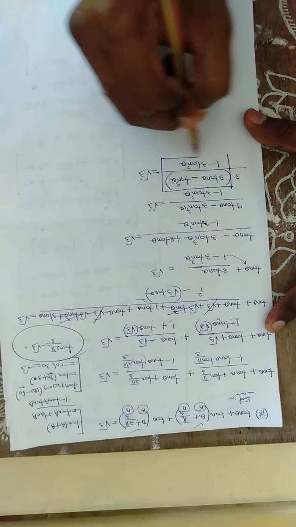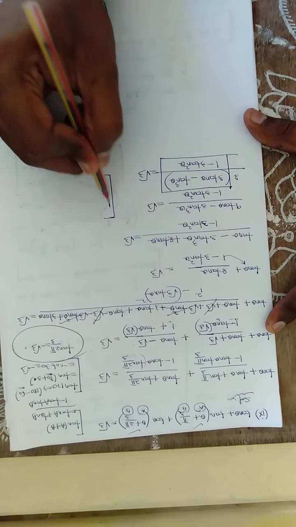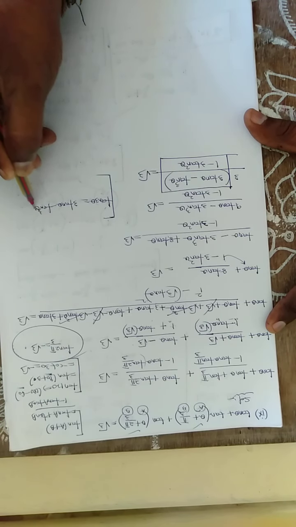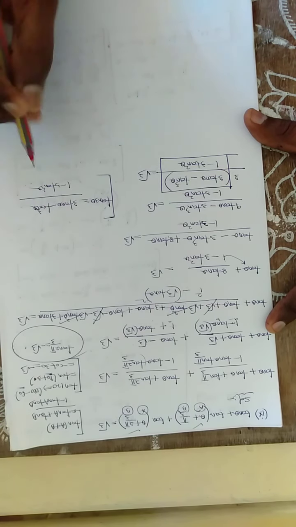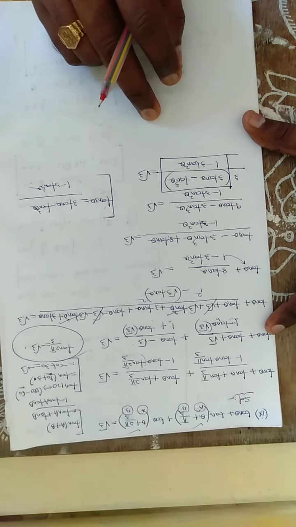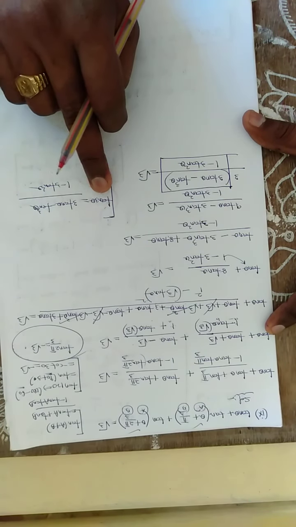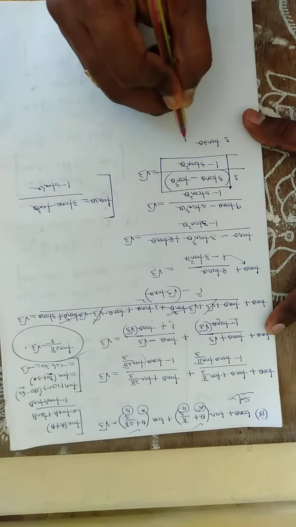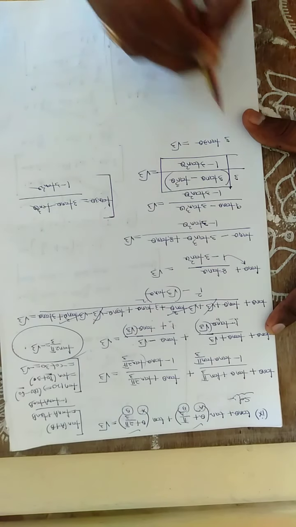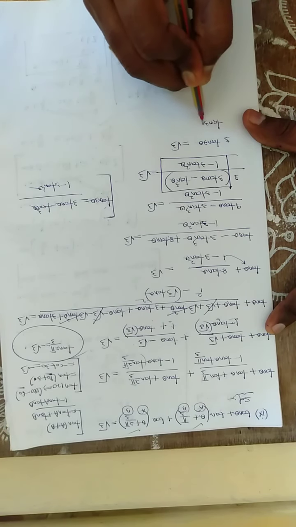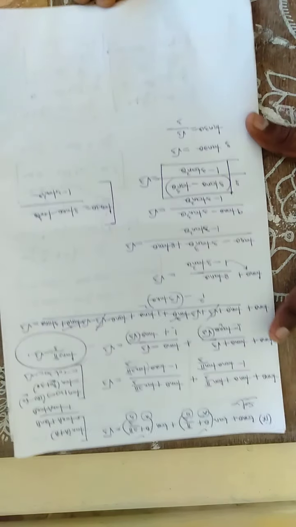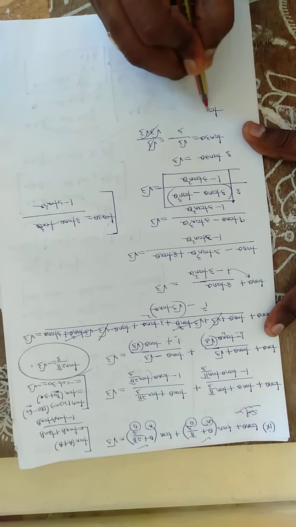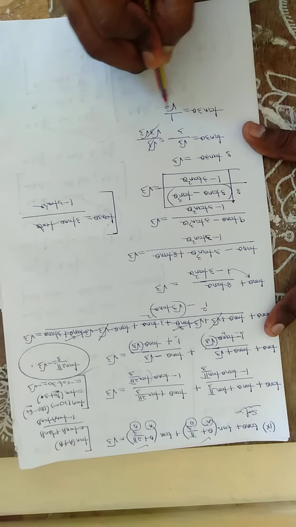What is this? This is nothing but tan 3θ. Tan 3θ is (3 tan θ − tan³ θ) divided by (1 − 3 tan² θ), the triple angle identity, the formula for tan 3A. So 3 into tan 3θ is equal to √3. This 3 I am going to bring down: tan 3θ is equal to √3 divided by 3. The √3 and the 3 cancel, therefore tan 3θ is nothing but 1 divided by √3.